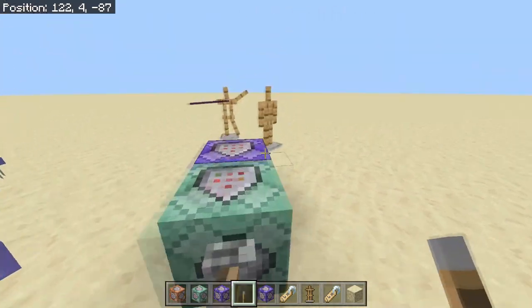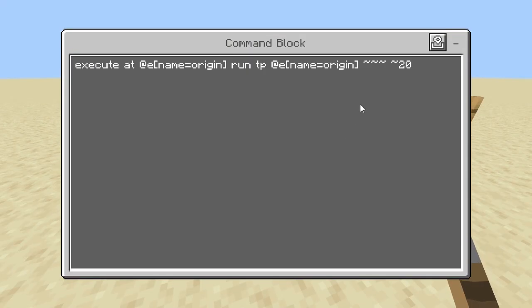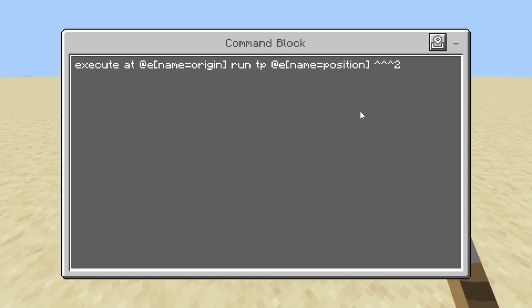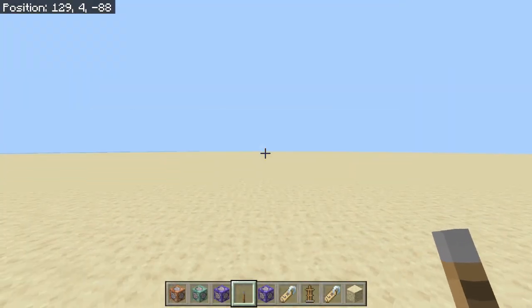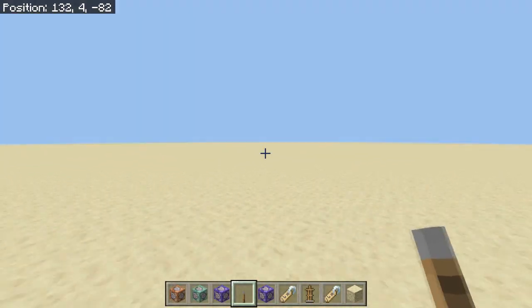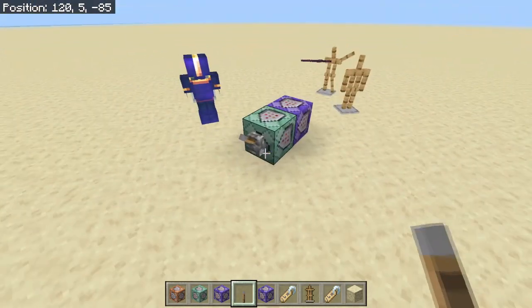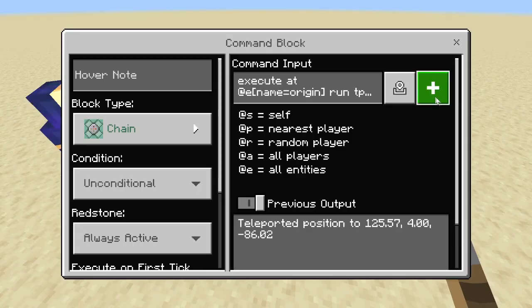You can make it orbit, like that, but that looks incredibly stupid, and we want the sword to rotate as if it's actually swinging in a circle like this. So what you can do is teleport it in front of where the origin is facing, but facing a bit further out of the origin, since you want this armor stand to always be facing outwards of where it's orbiting, so it's always tracing a circle facing away from the origin armor stand. So now what that creates is a really cool motion like that, but of course, since the sword